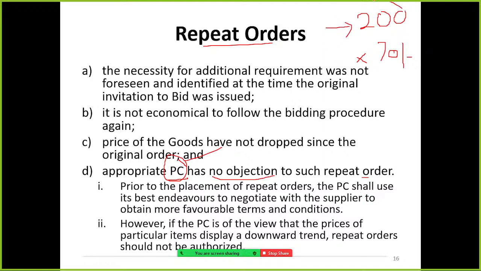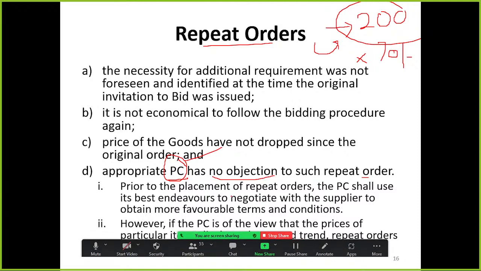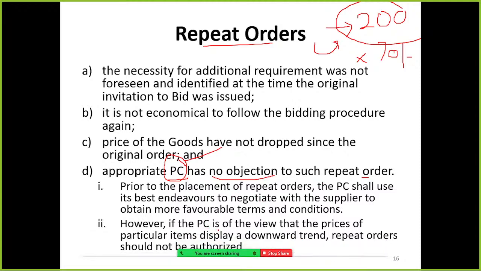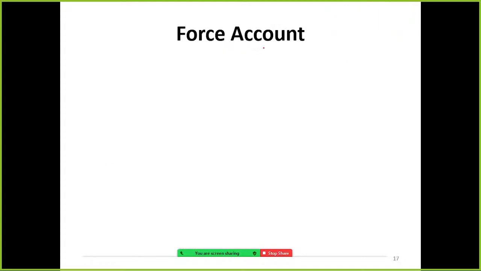Earlier we purchased this amount of items, and now we purchase an additional amount, so they can request some sort of discount. However, if the procurement committee is of the view that the price of the particular item displays a downward trend, the repeat order should not be authorized. If the price is going too low, then the repeat order cannot be performed.